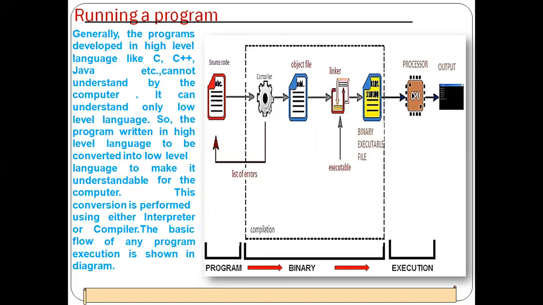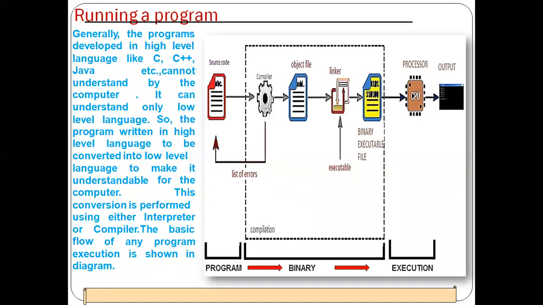Then the compiler compiles the whole program and shows the errors line by line. This conversion, to make it understandable for the computer, is performed using either an interpreter or a compiler. In an interpreter, which you use in Python, what does it do? Python is also a high level language, but first it converts the program into a low level language, machine language. Then the interpreter